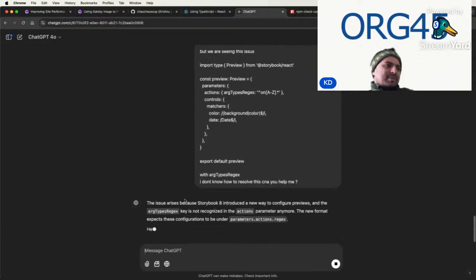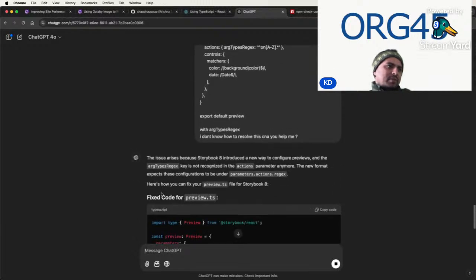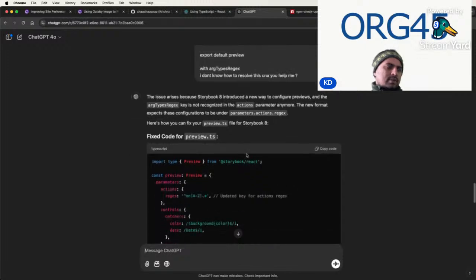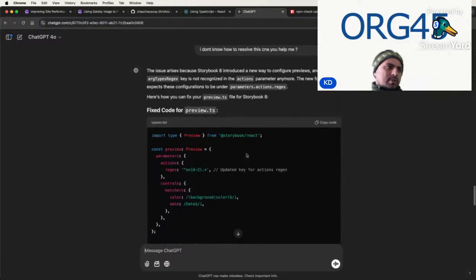This is your HBK Storybook. It introduces a new way to configure previews, and the archetype is not recognizing the actions parameter anymore. The new format key expects the configuration to be under parameters.actions.regex. Fix code to upgrade key for